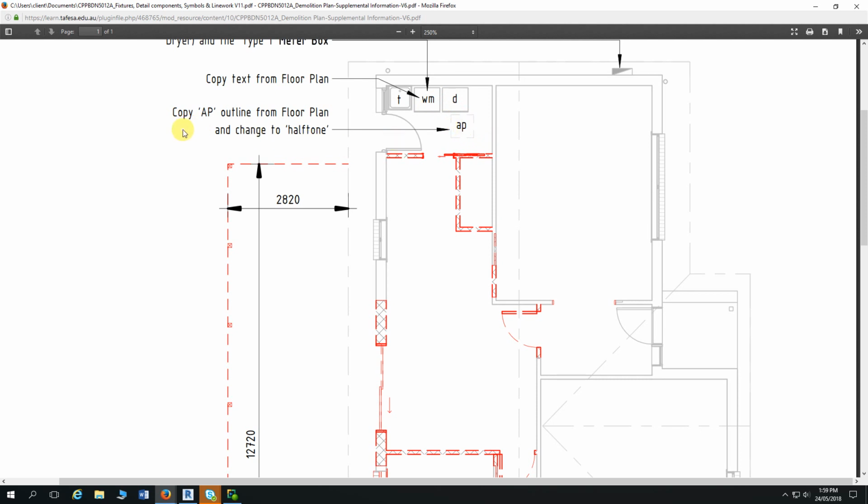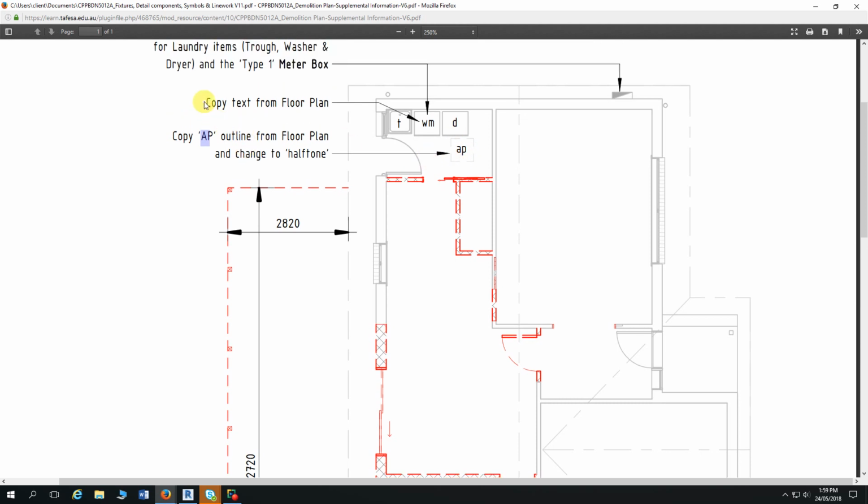You're also going to copy the actual access point itself, copy the outline from the floor plan and change it to halftone. So remember, this was actually a masking region, wasn't it? Now, the thing is that it says copy,